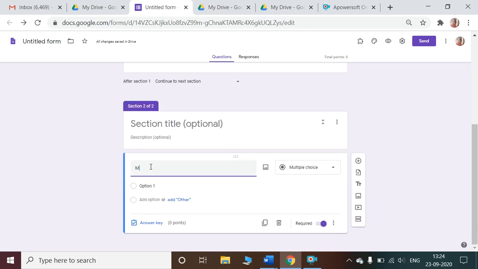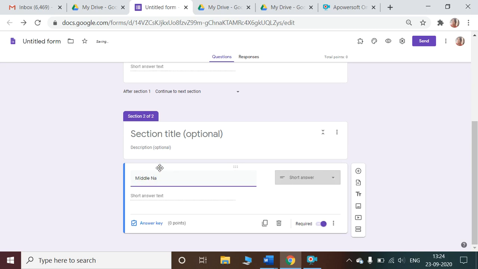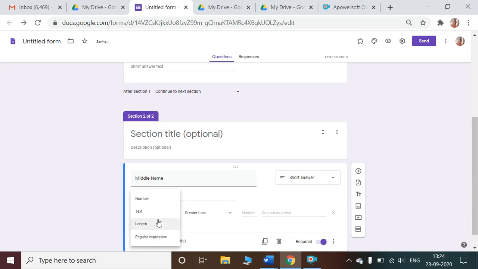Now over here you can add middle name. Again, it will automatically become short answer, and we can again do the same setting, length, minimum count 2,